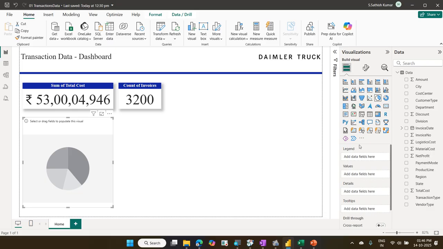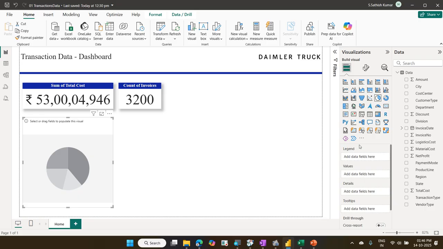Remember small tips. If you know these tips, 95% of your chart is completed. Only for 2 or 3 charts, like decomposition tree and waterfall, there may be some difference. Other than that, most charts have the same methodology. Very simple. Which wise you want it? That should be on the first area. Whichever you want to summarize,